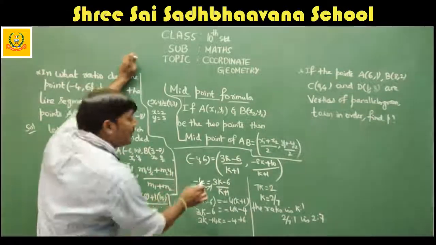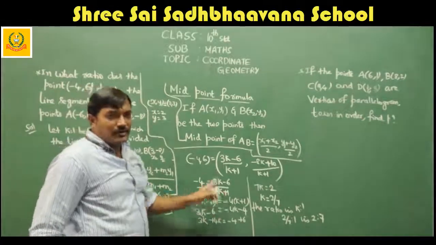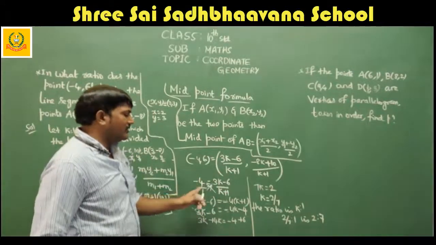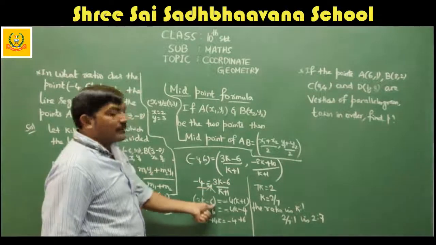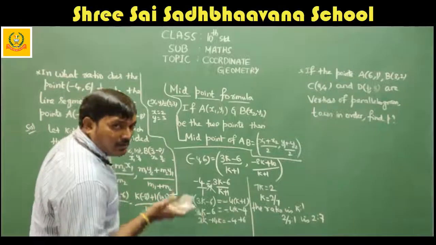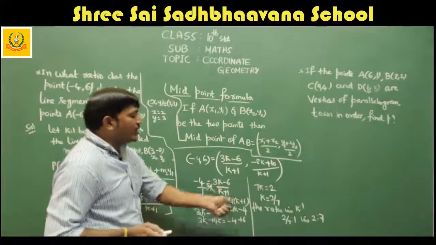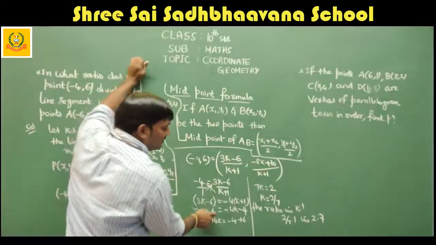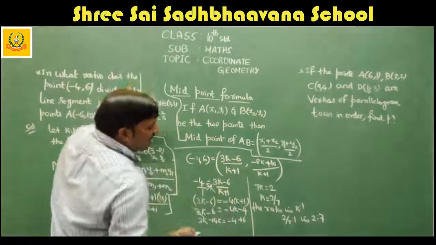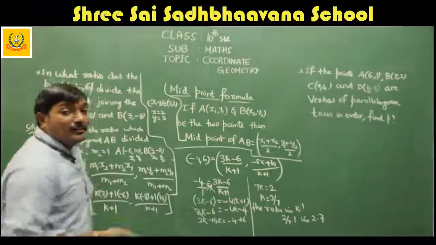Cross multiply. Whenever you do cross multiplication, minus 4 into k plus 1 or anything is fine. So first let me go with this. 1 into 3k minus 6. So 3k minus 6. Any number into 1, you will get the same number. Similarly, that is equal to minus 4 into k plus 1. What I did, 3k minus 6 as it is, I retained. And minus 4 into k, which is minus 4k. Minus 4 into plus 1, which is minus 4.